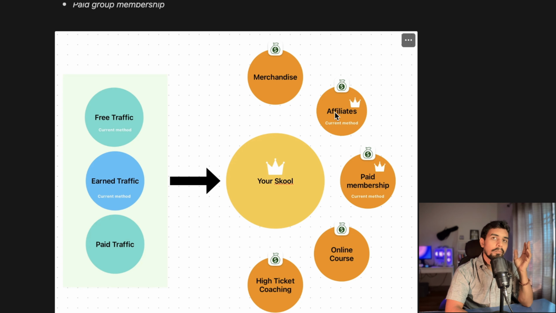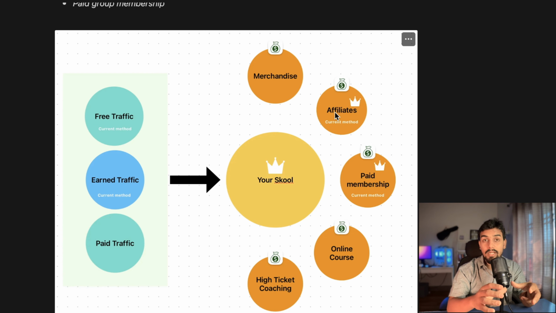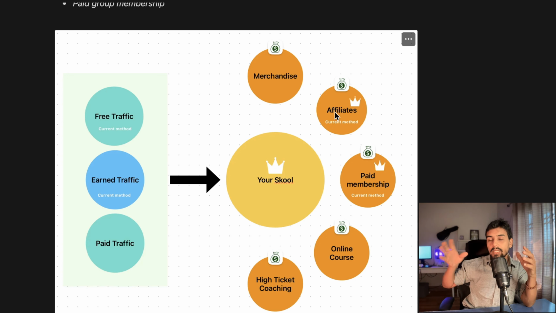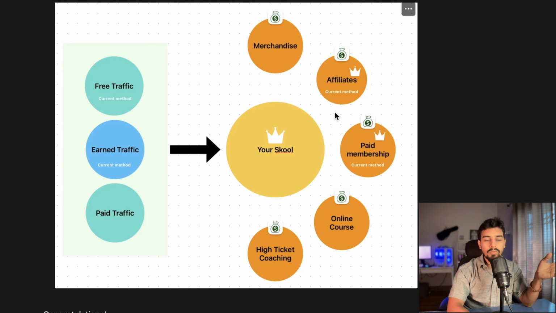And then another way to monetize is through affiliates. You can offer a free community right now, but you can connect with other products who are in your industry and you can promote them if they are going to benefit your members. One of my friends started this community for software developers, and whenever other companies are launching their software, he monetizes his community through offering these companies access, because people are getting access to software developers and he is advertising it, right? So this is one of the ways.